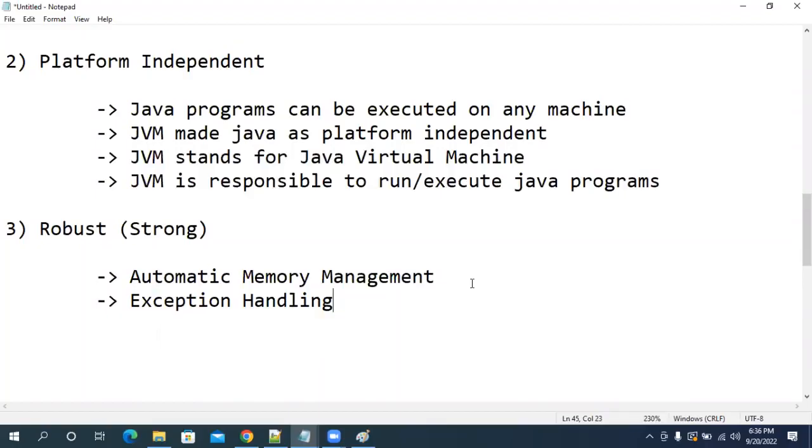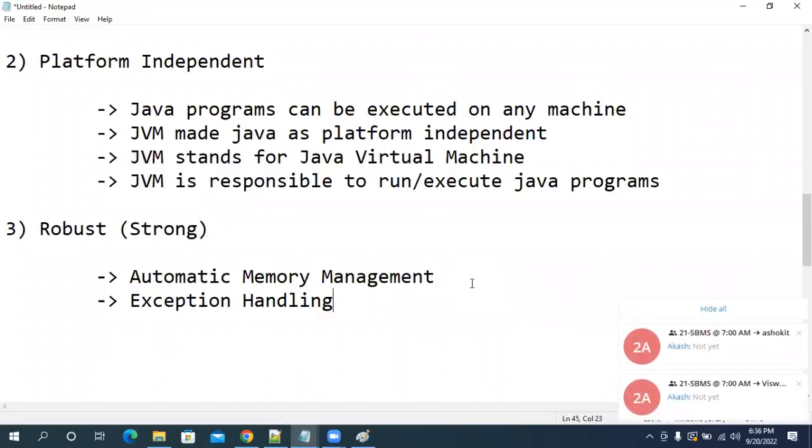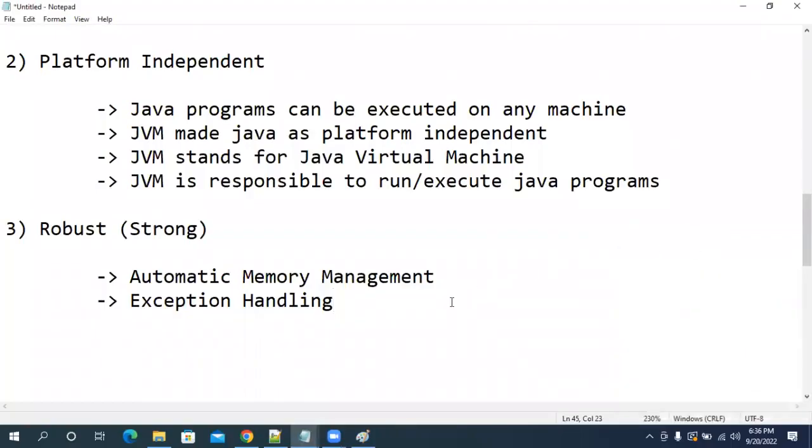Whenever we write a program, there is a chance that it may fail, or may not give the actual output I'm expecting. My program may stop because of some reason. When you have such problems, such exceptions, we can handle them in Java. There is a mechanism called exception handling in Java.